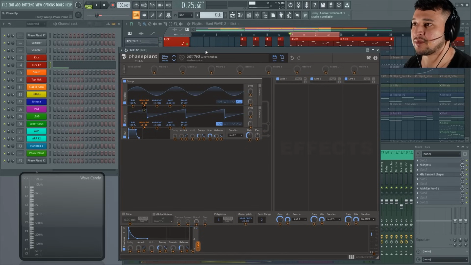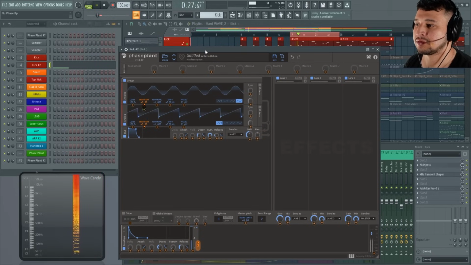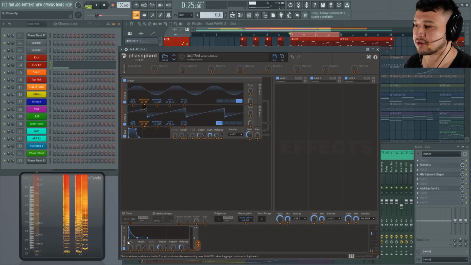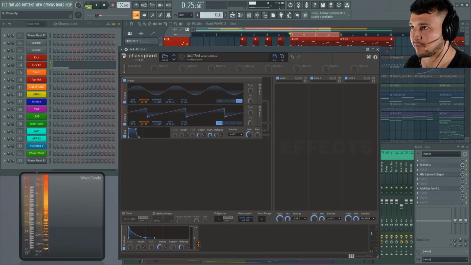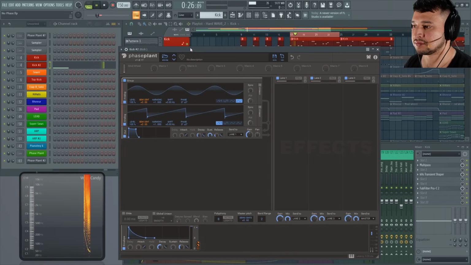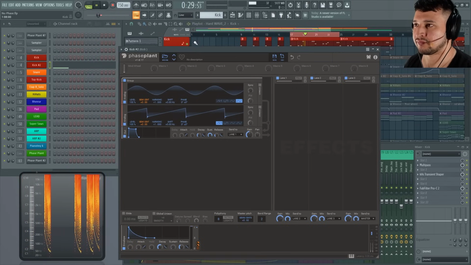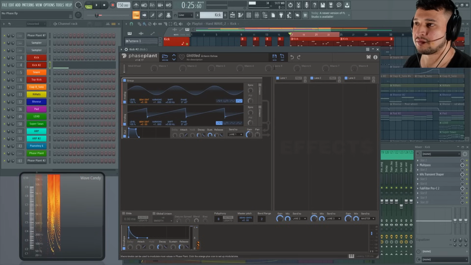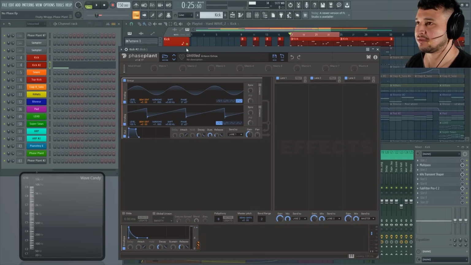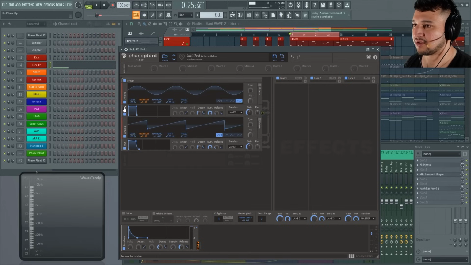So now these envelopes move together. So if I were to move the decay a lot, they move together. Let's restore that last movement. Now what I'll do here is on this second analog one, I'm gonna add an output, put it on the first analog, try to copy the settings a little bit, but on the second analog oscillator, what I'll do is I'll add